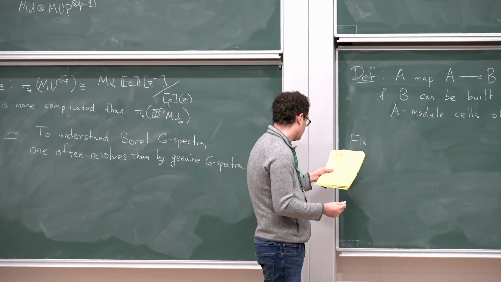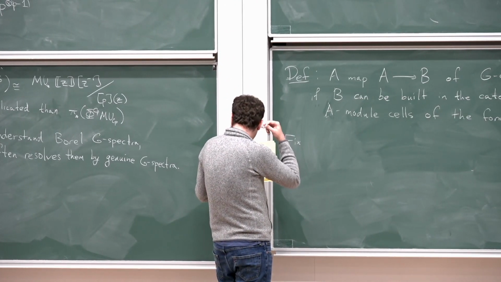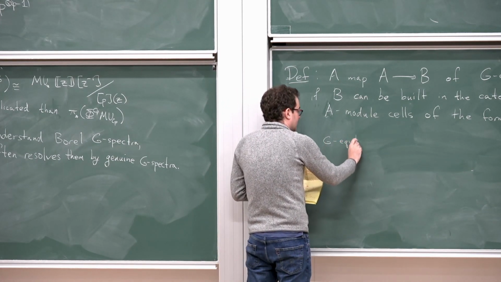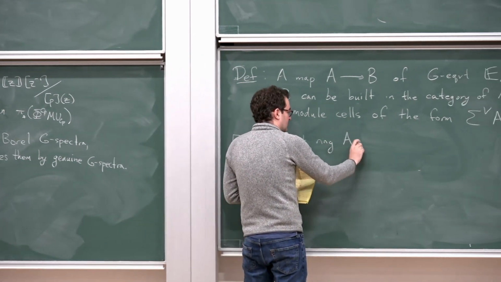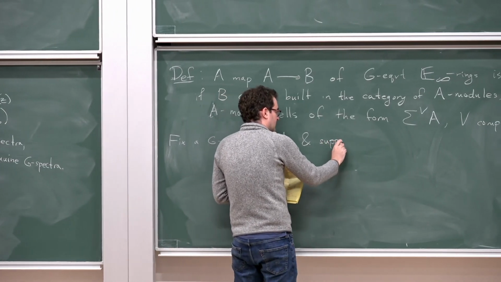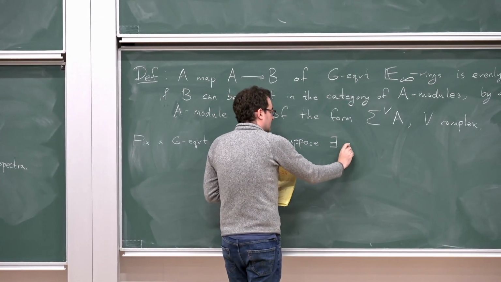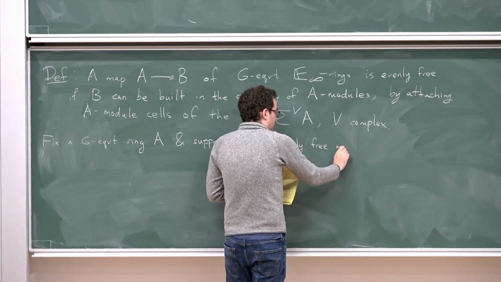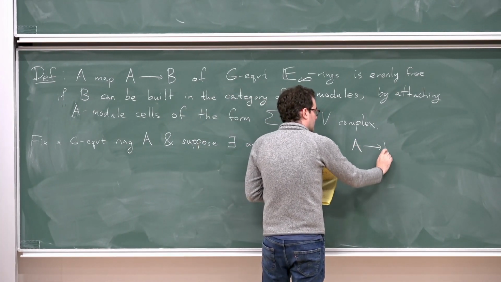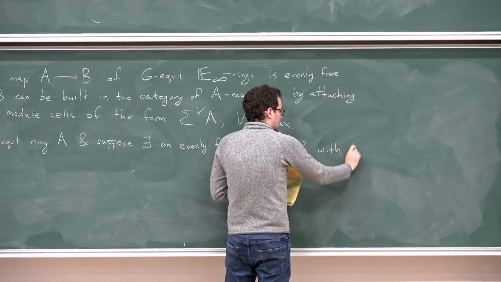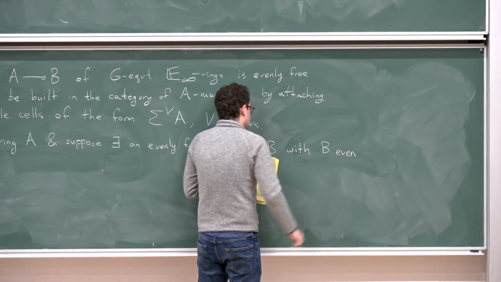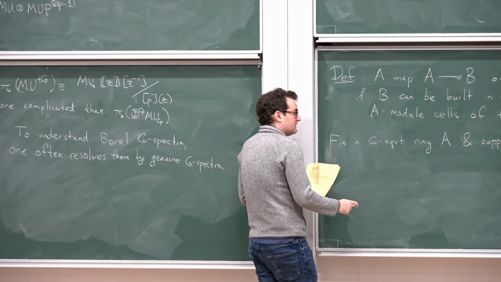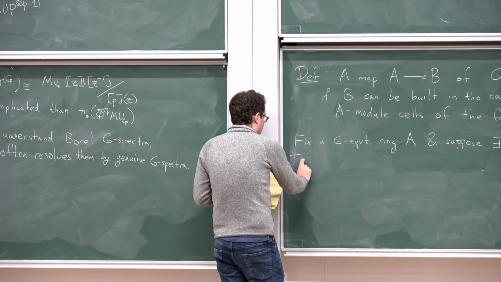So fix a G-equivariant E infinity ring A, and suppose there exists an evenly free map A to B with B even. So I'm just going to suppose the existence of such a thing for my fixed ring A, and then I'll say that the